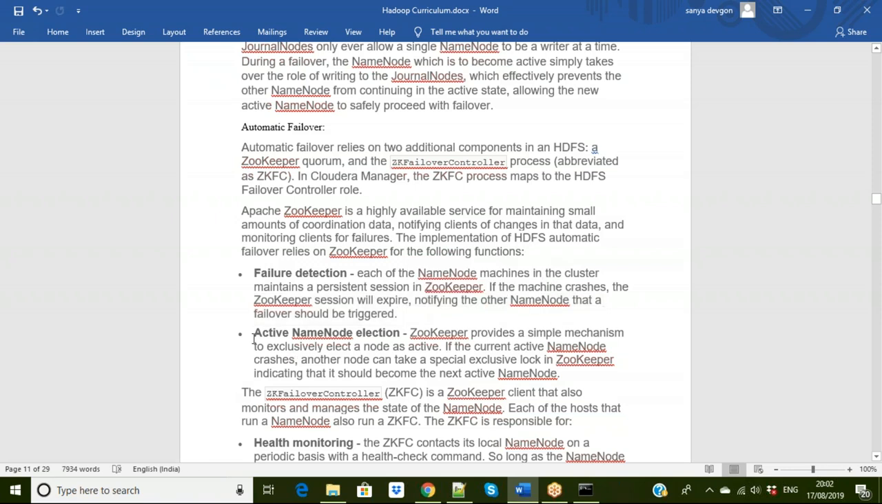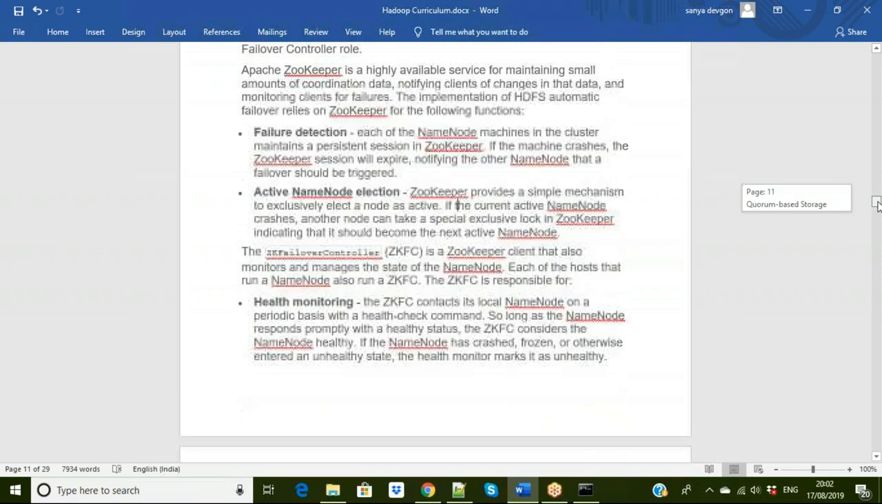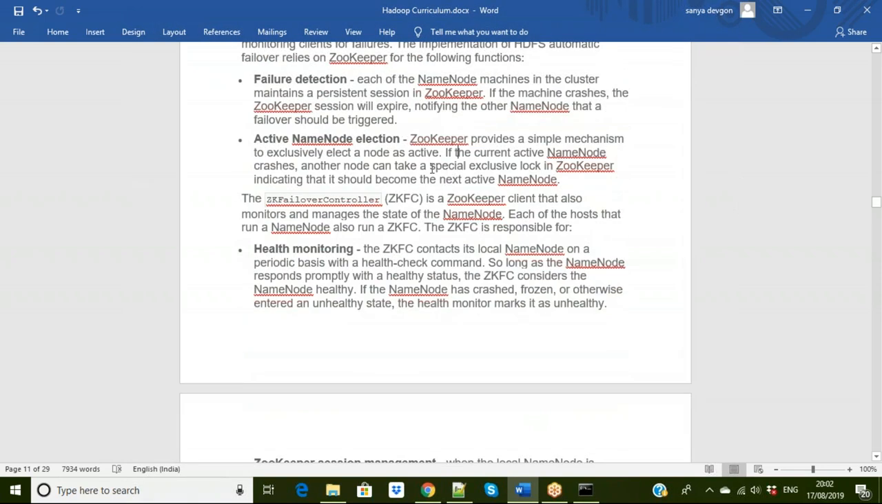And how does active name node election work? Zookeeper provides a simple mechanism to exclusively elect a node as active. If the current active name node crashes, another node takes a special exclusive lock that I talked about already, indicating that it should become the next active name node. The service running on Zookeeper is actually a Zookeeper client, which is in direct contact with the Zookeeper service,